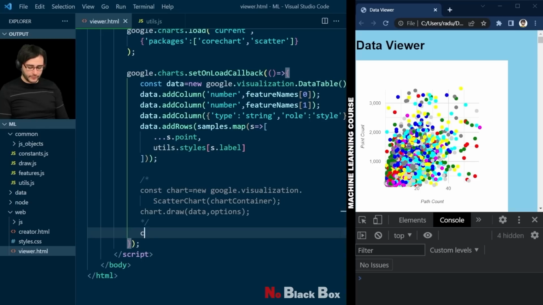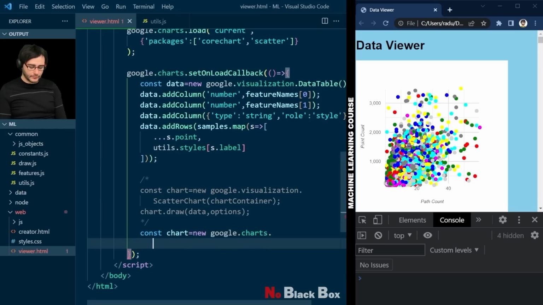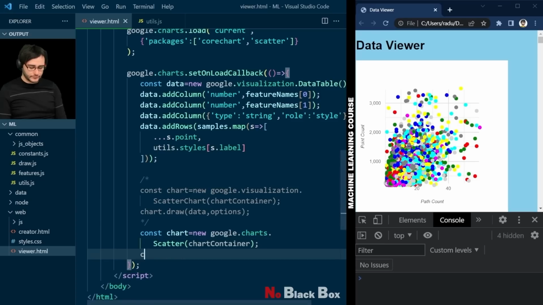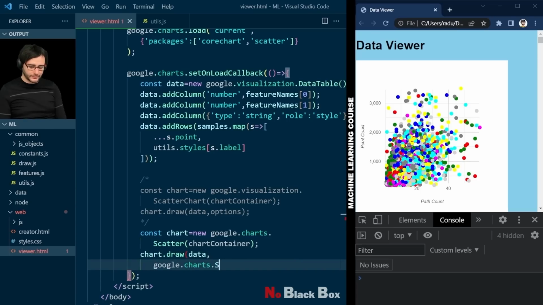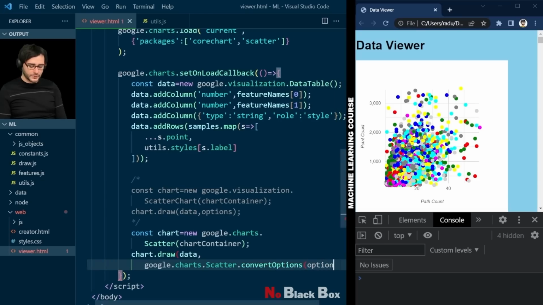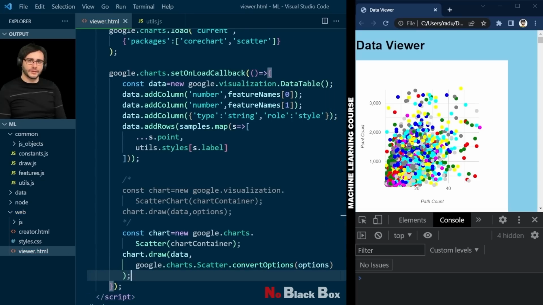And here you type charts, Google Charts, scatter this time, so it's a little bit different. And here we draw the data. And now we need to convert these options in a new format. Luckily, Google has an option for this. Convert options from the old options to the new form that the new version of the charts expects. Now we save this, refresh,